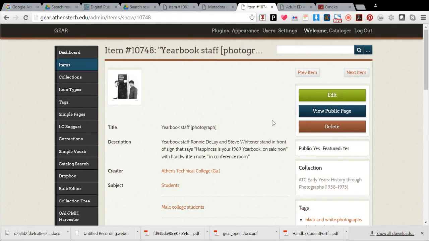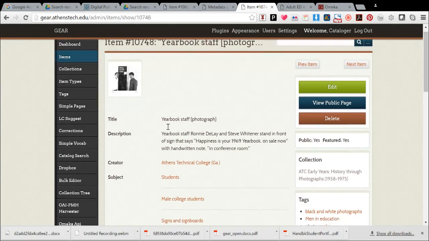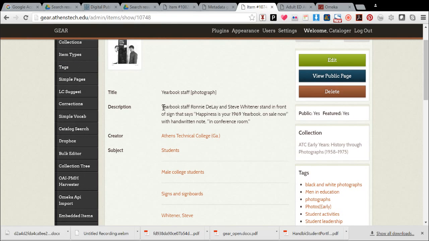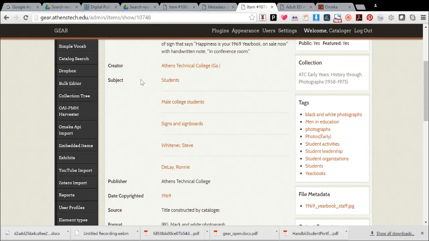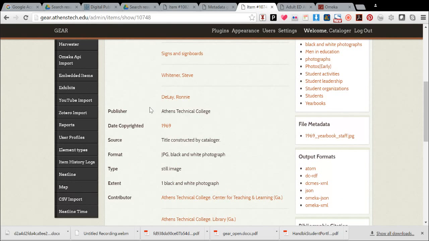So if you look at the item record, this is one where I pulled one image from a yearbook. This is the yearbook staff, and you see the title, a description, creator, subjects, which are all LCSH, publisher, copyright date. This is very typical